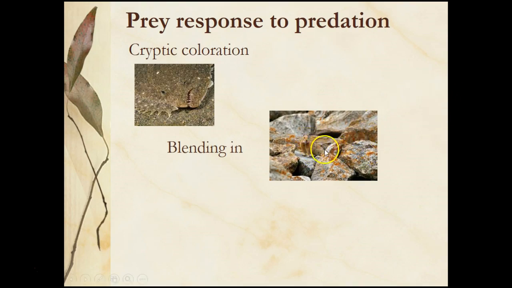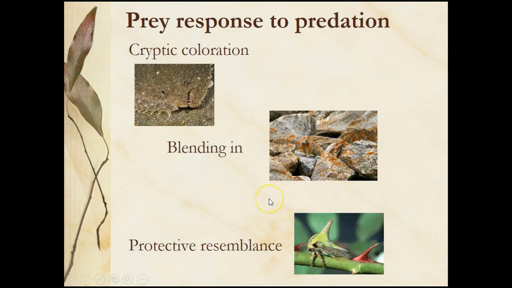And you can see that the modeling on the pika really matches the modeling of the rocks. Who would think that matching the lichen would help you survive? And then there's protective resemblance, where you look like your surroundings, but your surroundings might be detrimental to the predator species. So this is a thorn hopper that develops